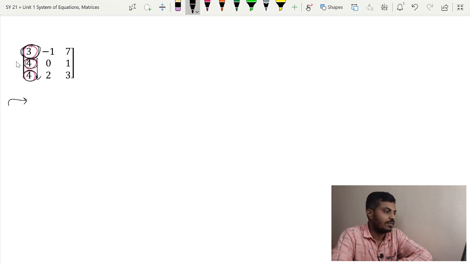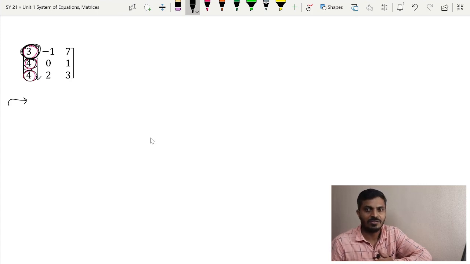Then what to do? So in such cases we have to try dividing a row by some number so that we will get 1 anyhow. But if you divide it by 3, we will get fractions, so that will be difficult. If you divide the second row by 4, still we will get a fraction because we will have 1 upon 4, and the same thing will happen in the case of the third row as well. But there is one simpler option in order to get that 1, and what is that? Either you go for R2 minus R1 or you go for R3 minus R1, because 4 minus 3 will be 1, and that is what ultimately we want.